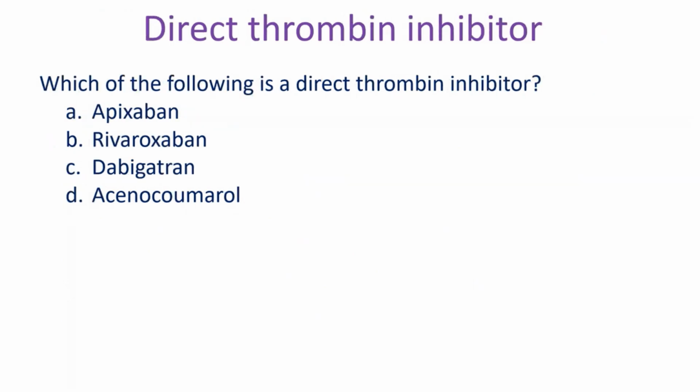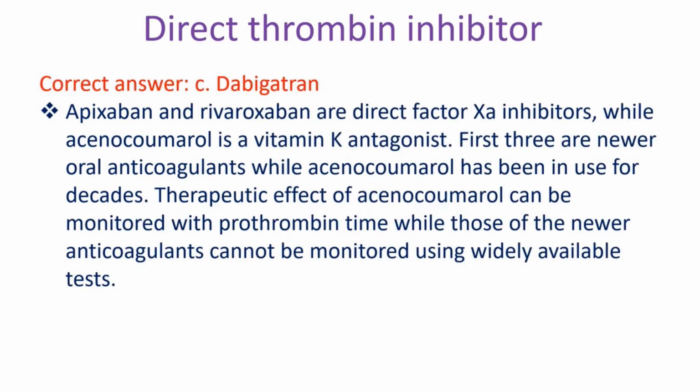Which of the following is a direct thrombin inhibitor? A. Apixaban, B. Rivaroxaban, C. Dabigatran, D. Acenocoumarol. Correct answer C. Dabigatran. Apixaban and Rivaroxaban are direct factor 10A inhibitors, while Acenocoumarol is a vitamin K antagonist. First three are newer oral anticoagulants, while Acenocoumarol has been in use for decades. Therapeutic effect of Acenocoumarol can be monitored with prothrombin time, while those of the newer anticoagulants cannot be monitored using